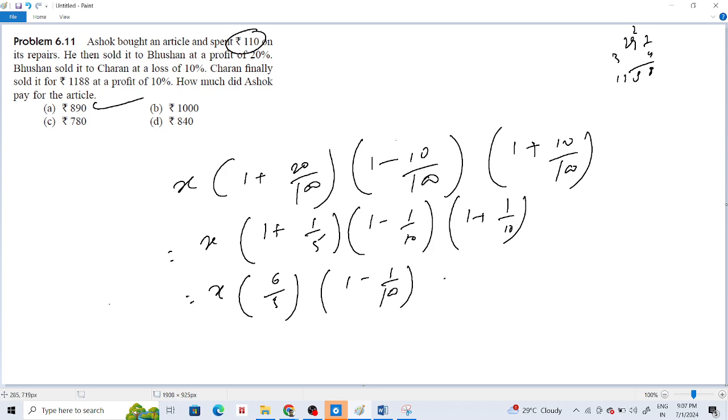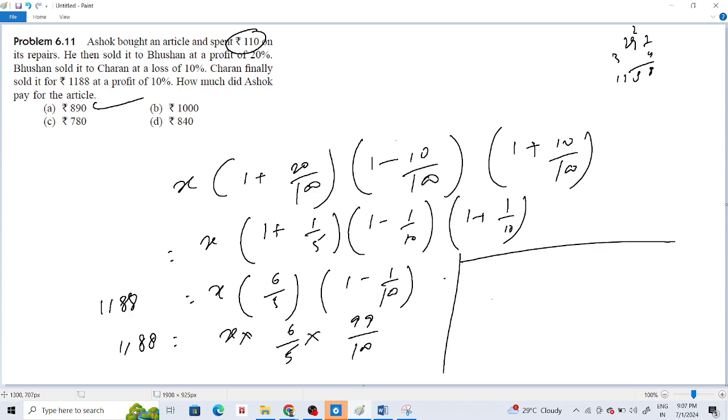And this thing is 1188. So 99 by 100. So 1188 into